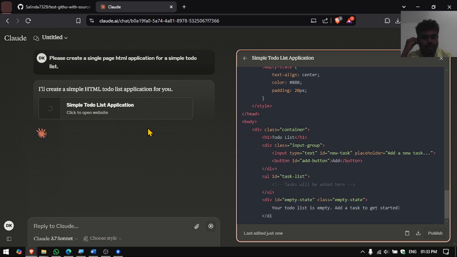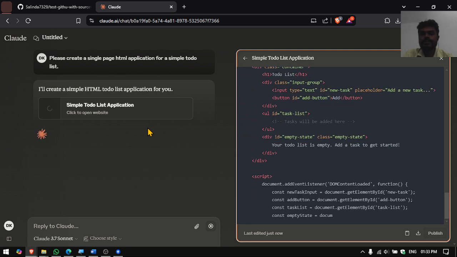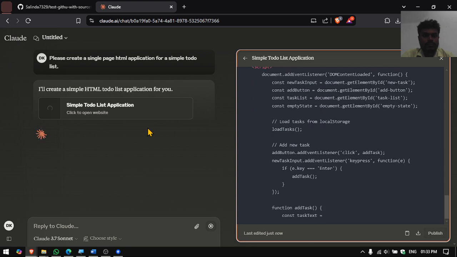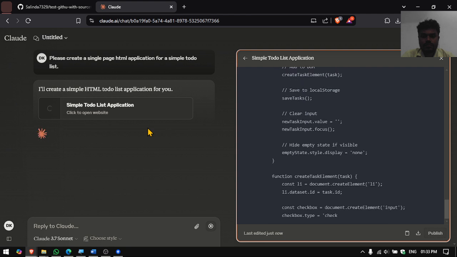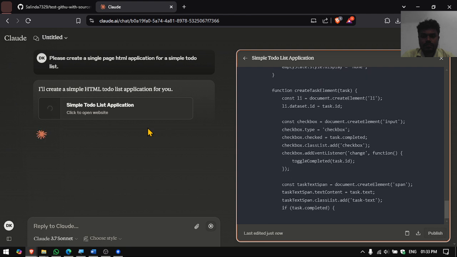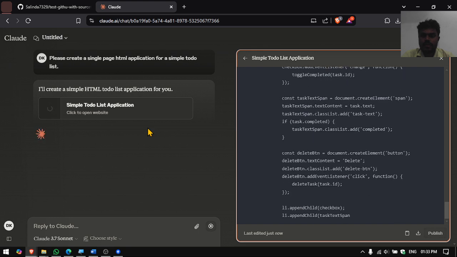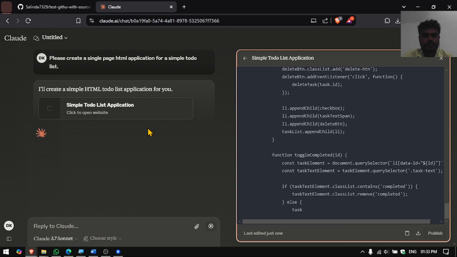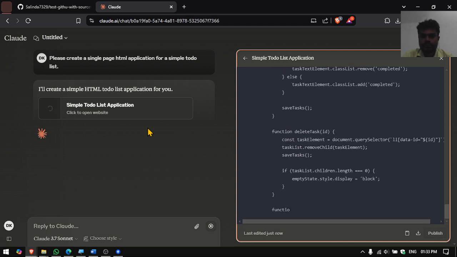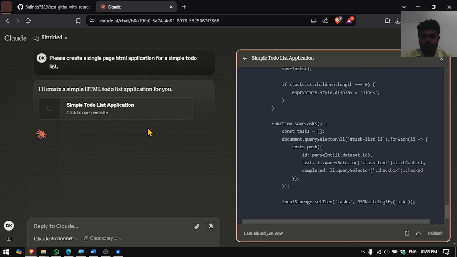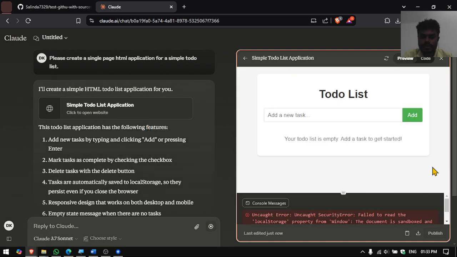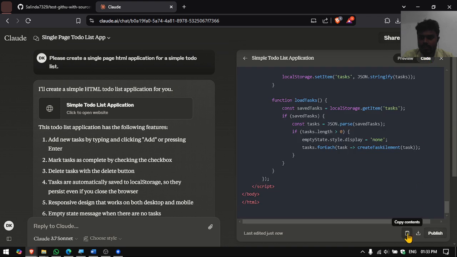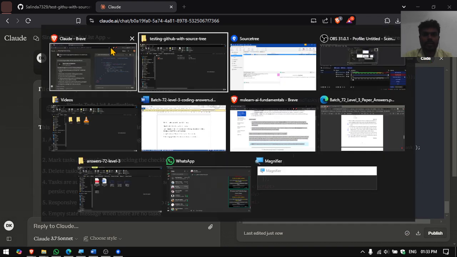Alright, seems it's working with the body part. Now it's working with the JavaScript part. I think it's creating a whole CRUD application. Alright, so it's there. So let's copy the code. So if I go to the code section, you can copy it, copy the contents, then go back to our